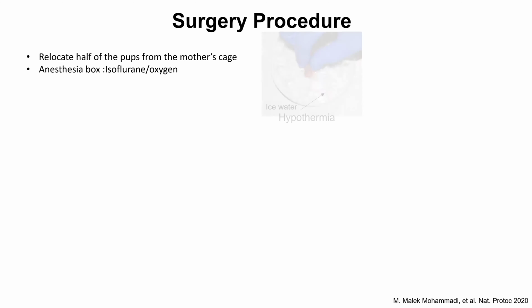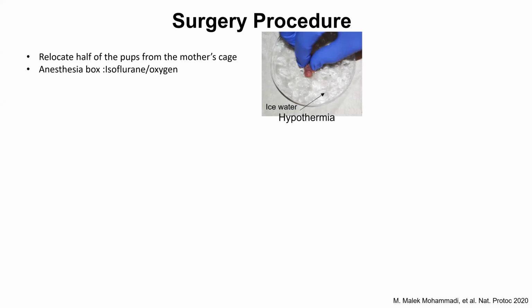oxygen, followed by placing the mice on an ice water bath. You need to pay attention that the mice should not be in direct contact with ice. Although they have a high tolerance to hypothermia, direct contact with ice can lead to frostbite. So make sure that there is an ice water bath, and you need to check the mice for pedal reflex, and